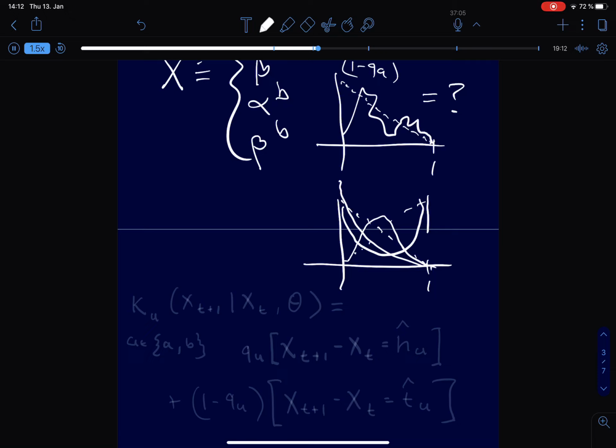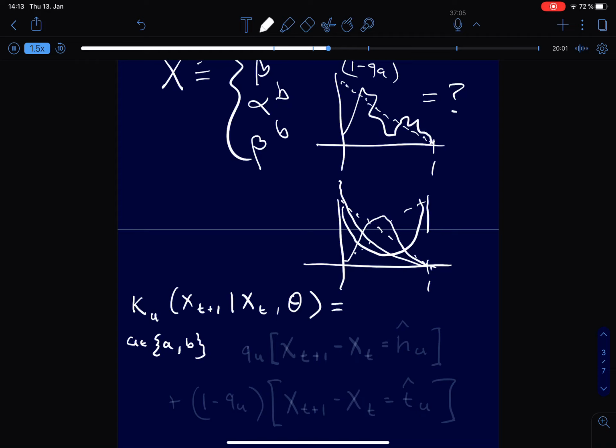The propagator for x, for a given coin u, where u is an element of A and B, the probability of seeing state x of t plus 1 given state x of t, is given by,